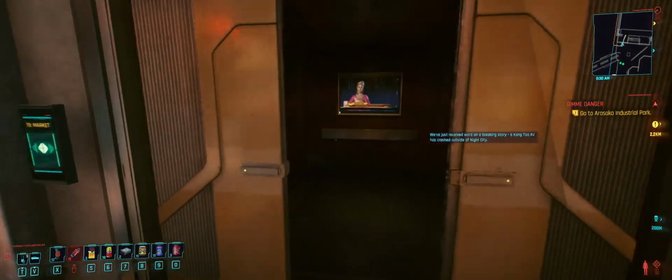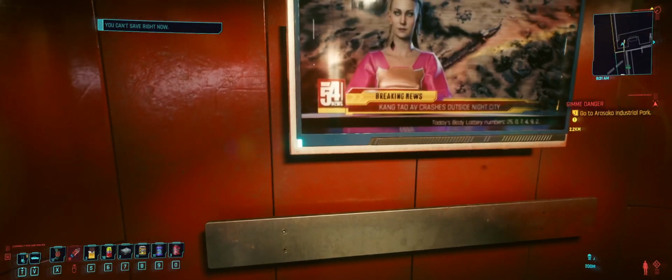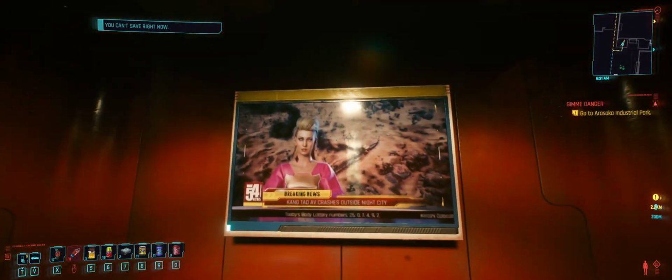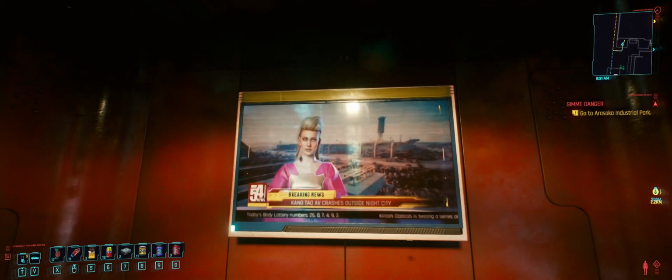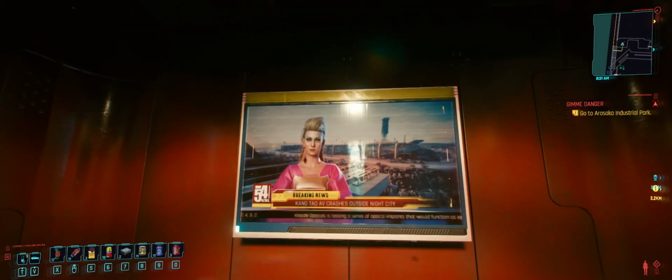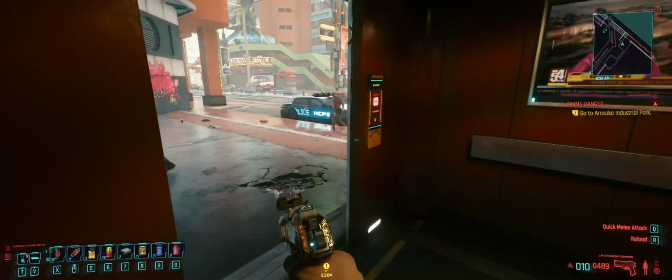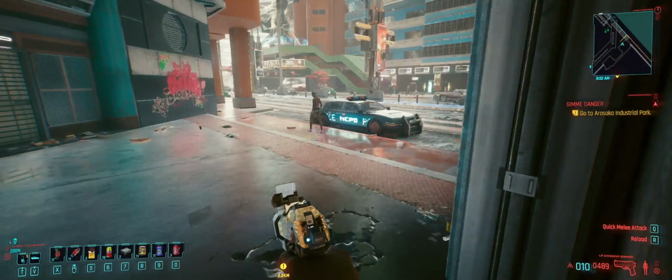Let's go. Kangtao AV has crashed outside of Night City. The aircraft's thrusters were deactivated by sudden EMP discharge from a nearby damaged power station in Santo Domingo. The emergency landing attempt proved unsuccessful. The passengers who survived the crash landing were met by a band of nomads. Fortunately, Kangtao...